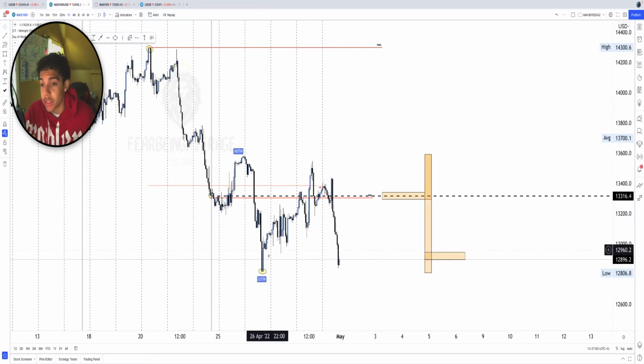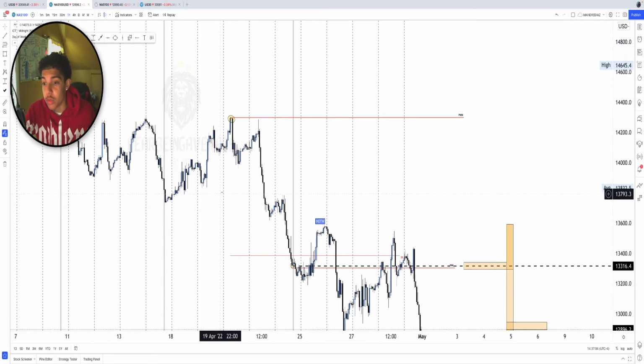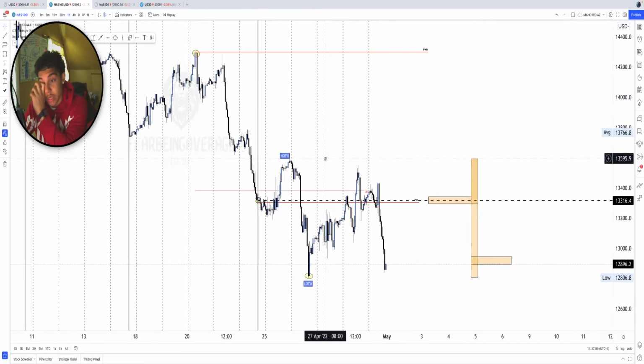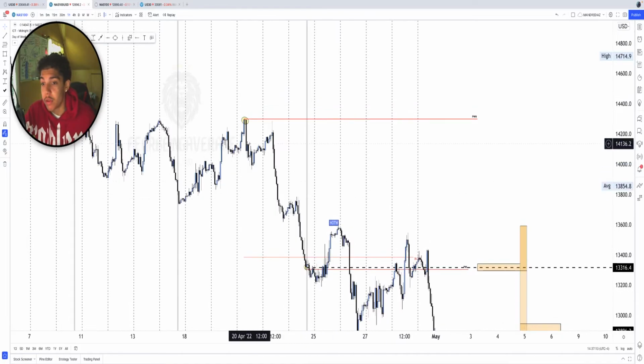And the reason I mark up these days is because a lot of the time, these highs and lows of the week happen on every single week. So you can see Friday. What I've noticed is Friday tends to make the highs and lows of the week. In this case, it got close. If price would have come a little bit lower, Friday would have made that low of the week again. But if you look at last week,